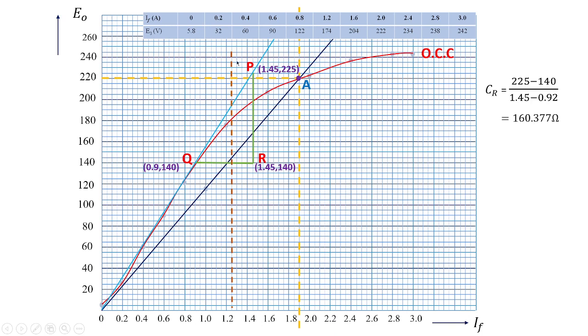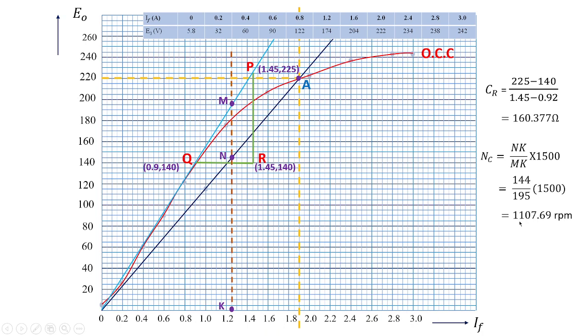Now I'm going to take a perpendicular line which is cutting the tangent line as well as the shunt field resistance line. So your tangent line and shunt field resistance line are cut at M and N and K over the x-axis. So with this, I'm going to get the critical speed value as NK by MK into 1500. 1500 is the value of the speed which is given. So you can see here NK, N and K, approximately it is 144. MK, it is approximately 195. So 144 by 195 into 1500 will give you the value as